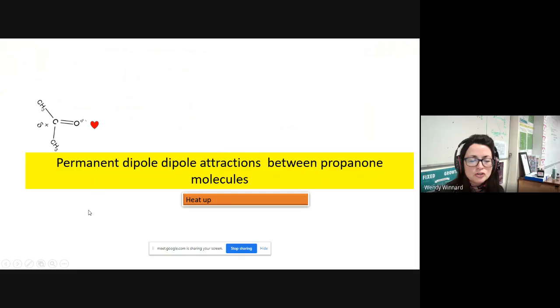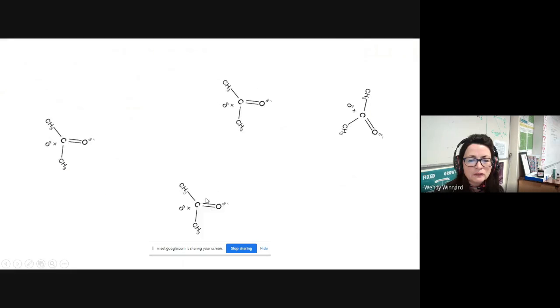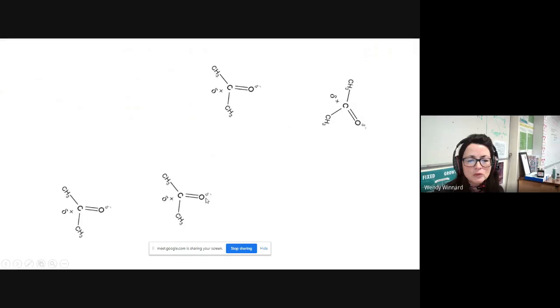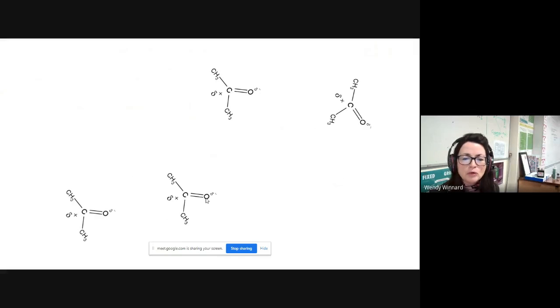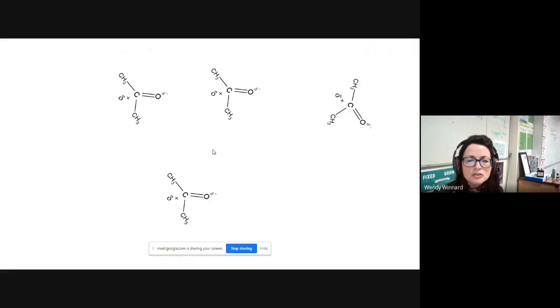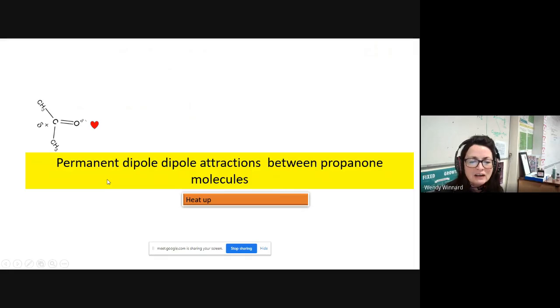And therefore, if we just look at one propanone molecule and then we heat it up, as we heat it up, those intermolecular forces are broken, because as energy goes into anything, electrostatic forces, the bonds start to vibrate and then break apart. So these aren't bonds per se, these are